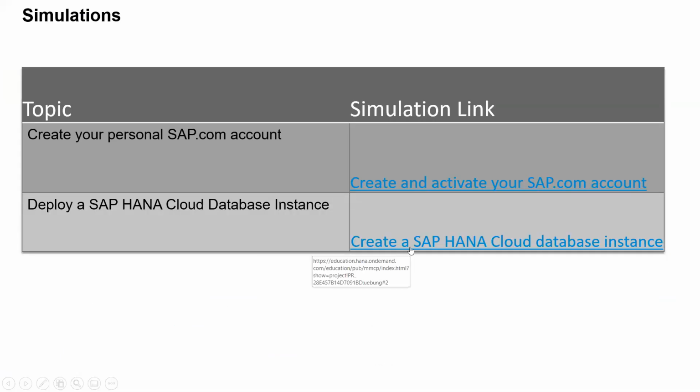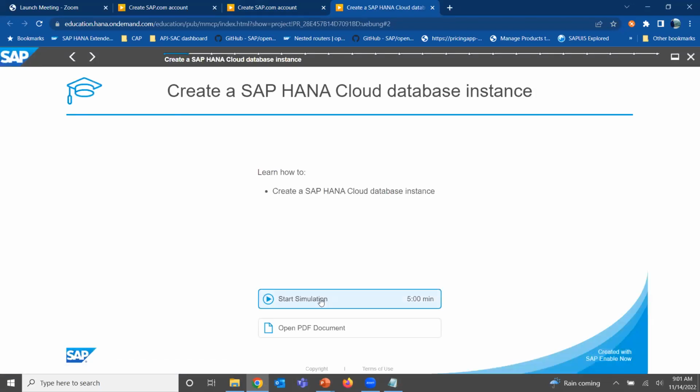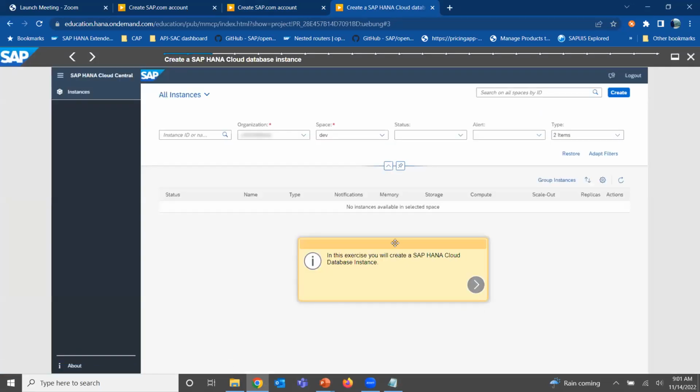Next, we'll have a HANA Cloud database instance deployment. So let's see. In your BTP free tier accounts, you will already have access. You will have to open the HANA Cloud Central from your HANA Cloud option on the left-hand side in your space. Once you do that, this screen will open, and here you can create your HANA Cloud database instance. This is called the HANA Cloud Central.